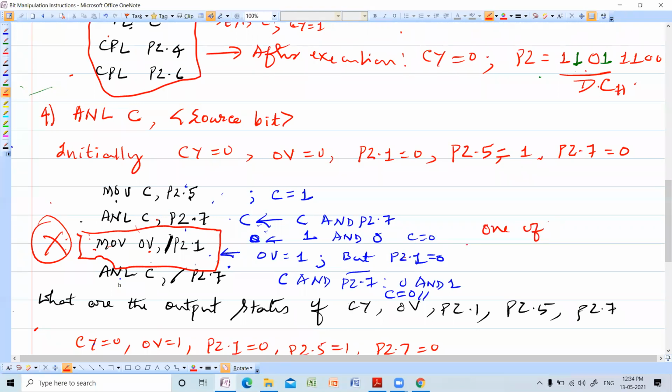One of the operands of the MOV instruction must be the carry flag. So you cannot write MOV OV comma slash P2.1. You cannot write that. So very, very important.